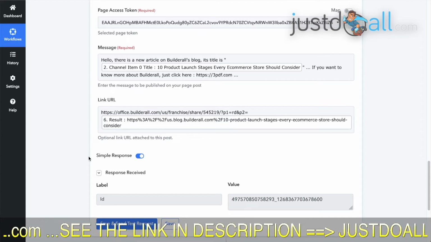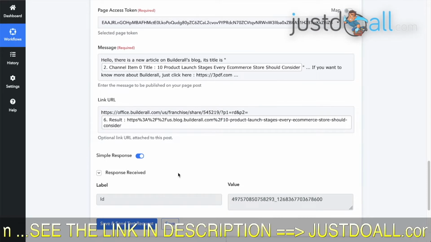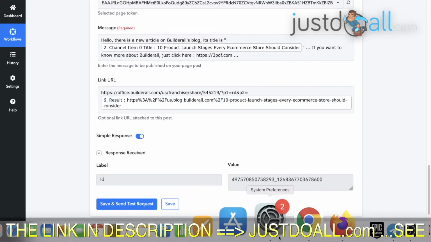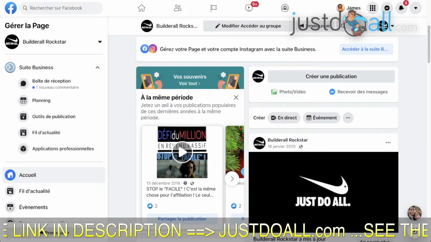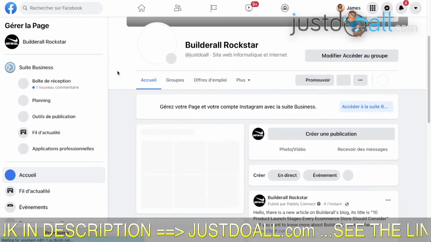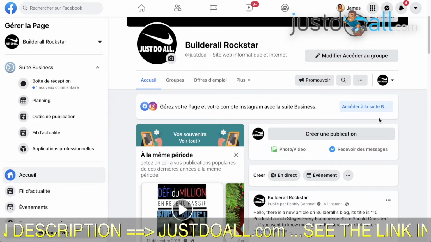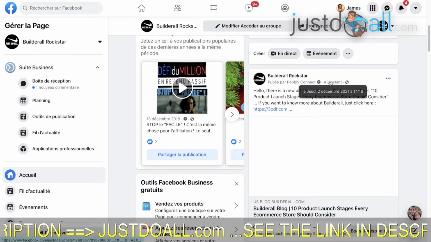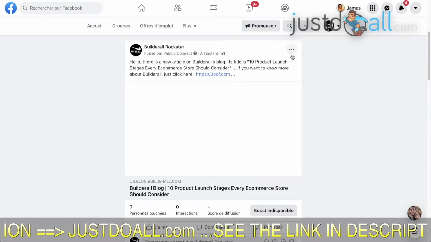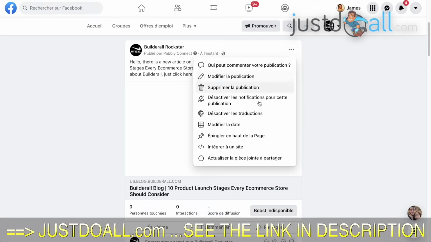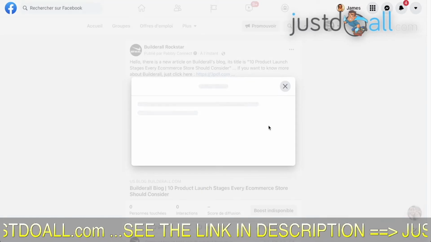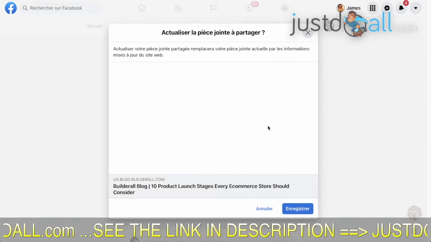And then we will do a recap. So if it replies with ID, it's the ID of the post. So on Facebook, now if we refresh, this page has this. So let's see it here. So it says published by